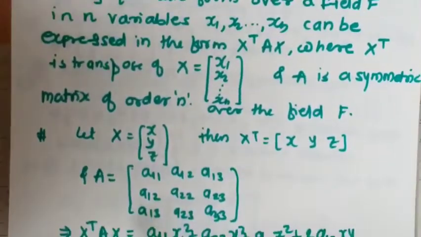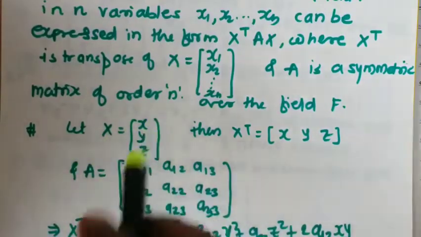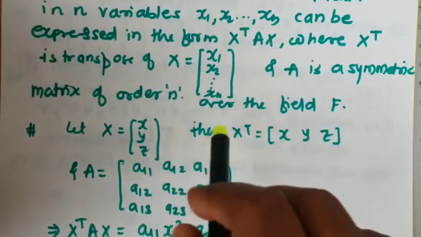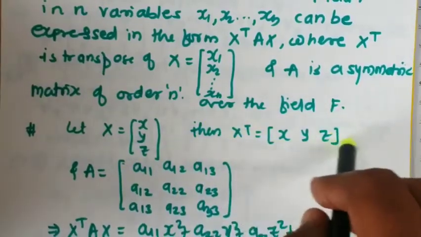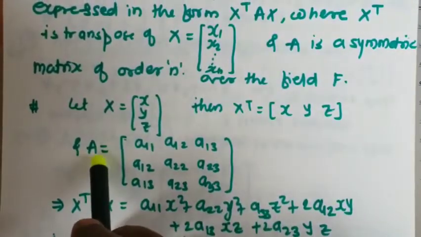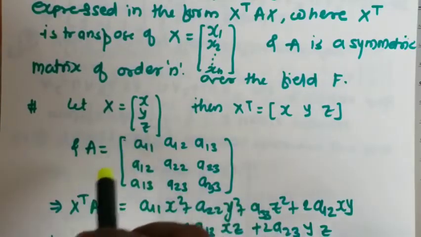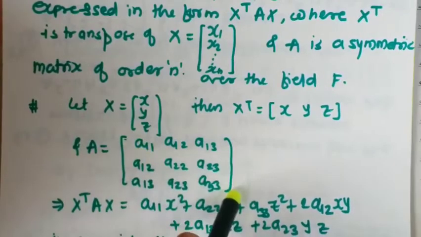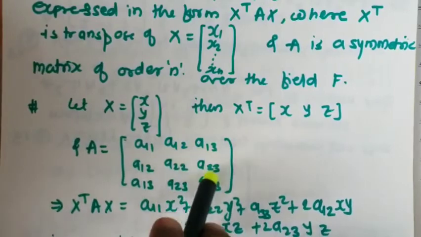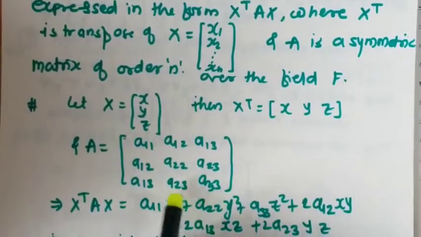Okay, now let us see the definition for the three variable case. If we select our unknowns as x, y, z, the number of variables is 3, so the matrix will be a symmetric matrix of order 3. The x transpose will be a row vector, and x is a column vector. Now we are considering A as a symmetric matrix, that is, A transpose is equal to A. Diagonally we have taken a11, a22, a33, and the other entries are a12, a13, a23, and the same entries appear on the other side of the diagonal because A is a symmetric matrix.